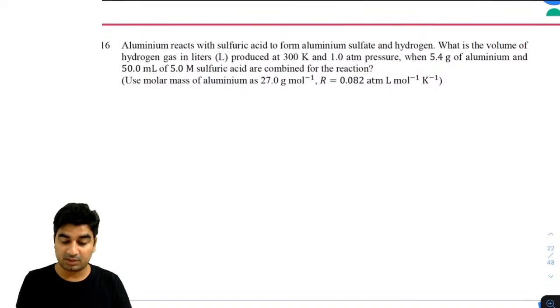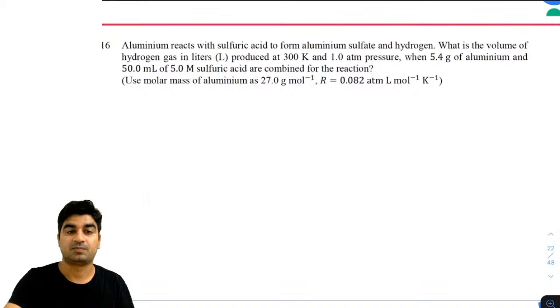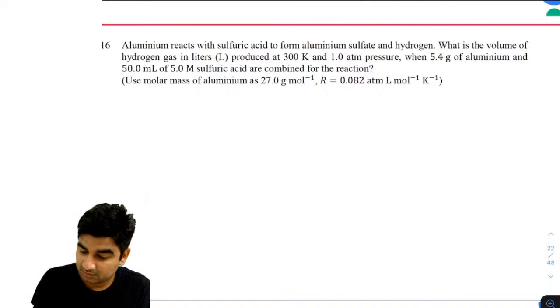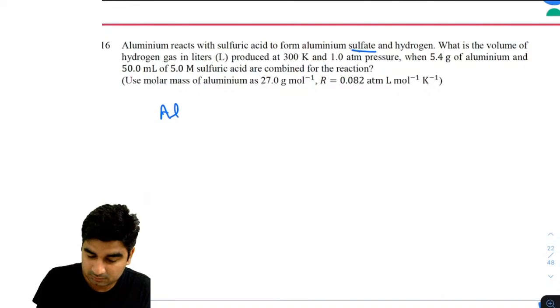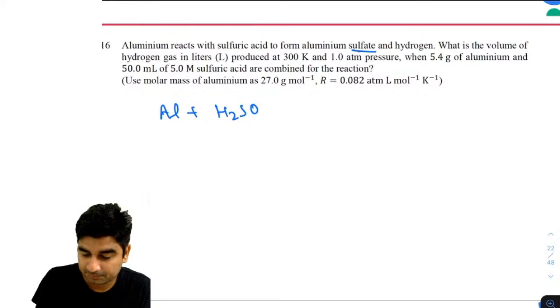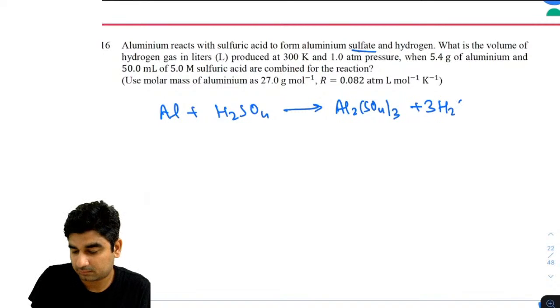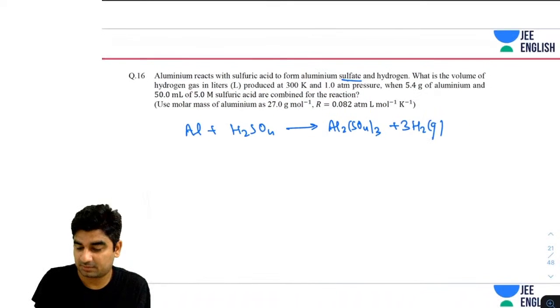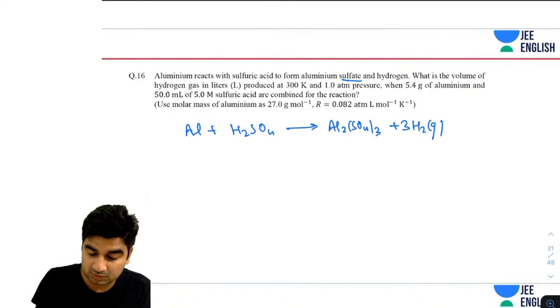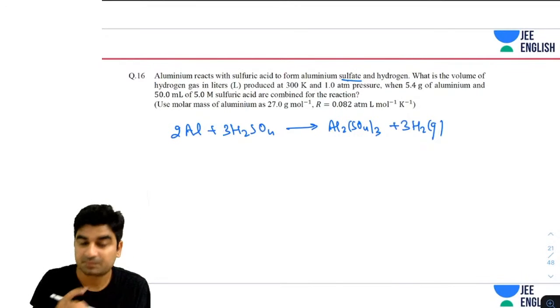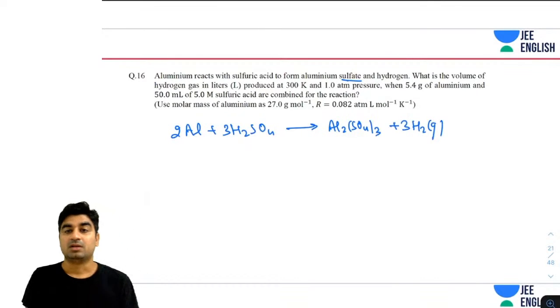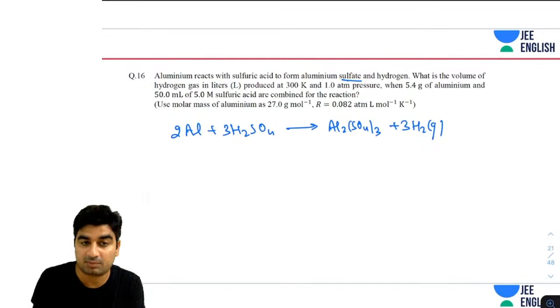So we have aluminium reacting with sulfuric acid. So what will be the reaction? It is forming Al2(SO4)3. Are you getting it, guys? And if it is being formed, just balance it. After balancing, what is the volume of hydrogen gas produced at 300 Kelvin and 1 atm, when 5.4 gram of aluminium